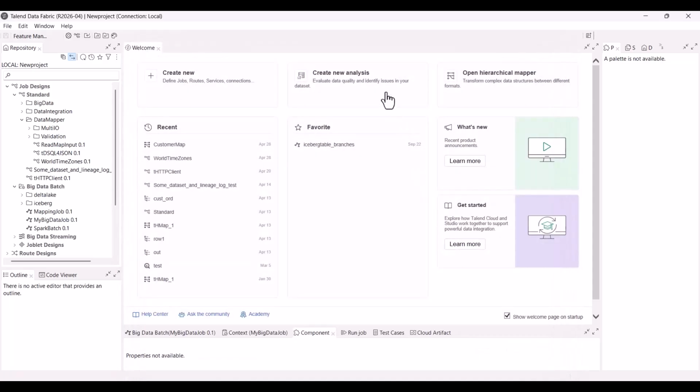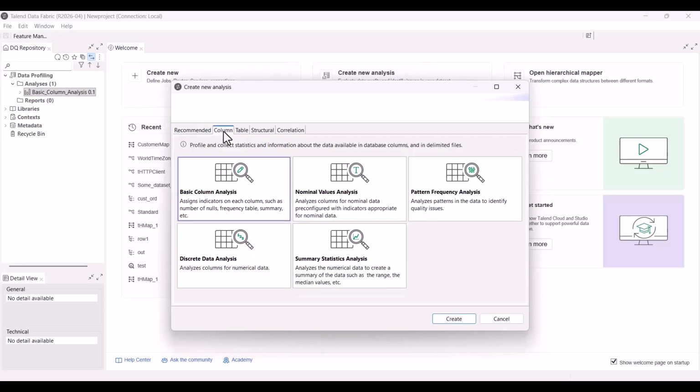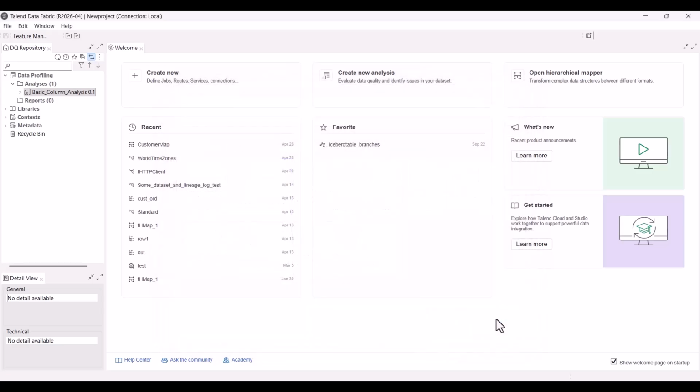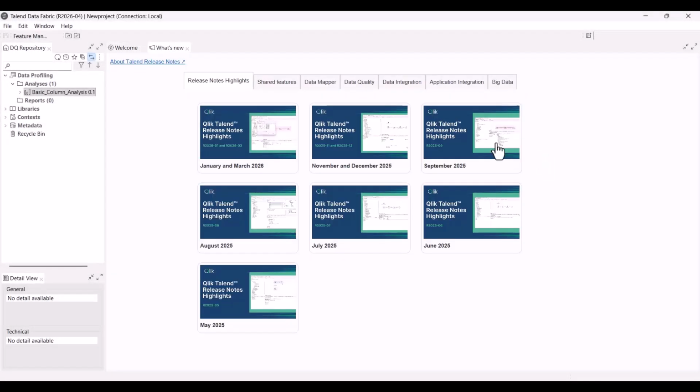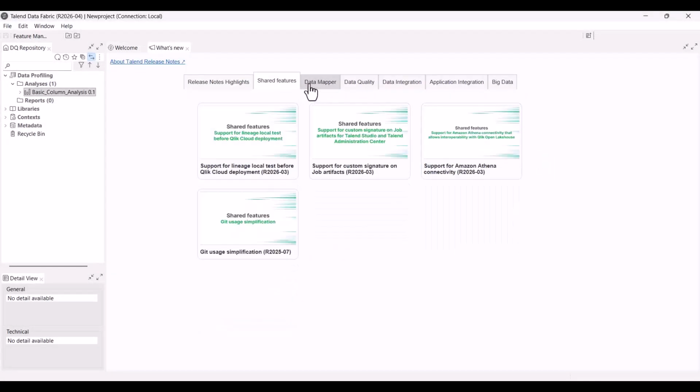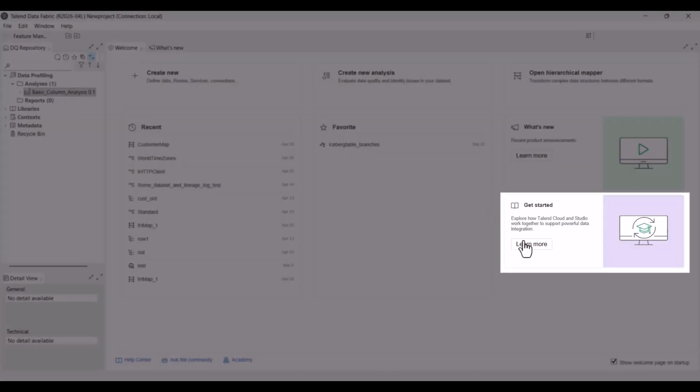You can work on data quality from the Create New Analysis section that launches profiling and analysis tools immediately. Stay informed with the What's New section, featuring monthly release videos and product updates. If you are new to Talend Studio, the Get Started section provides tutorials and training materials to help you build